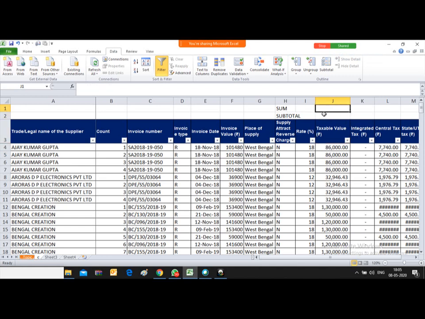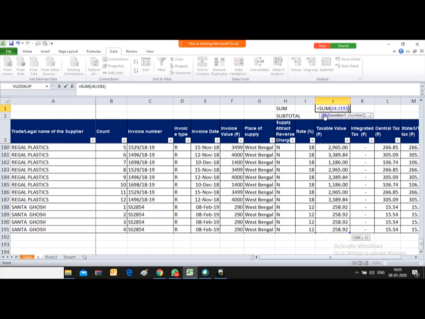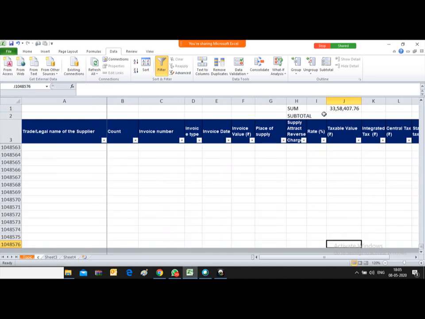So friends, what is summation? Sum. If you press alt equal to, this summation comes. Now you just select the range and press enter. So the summation formula is there. Someone wanted to know the shortcut key.